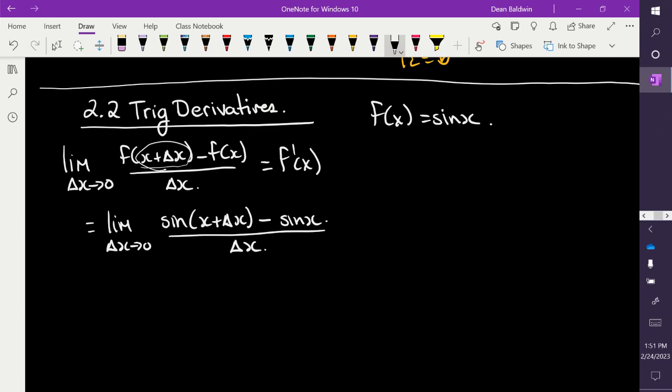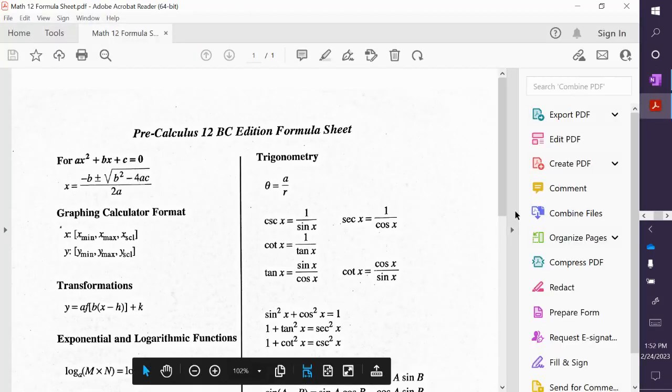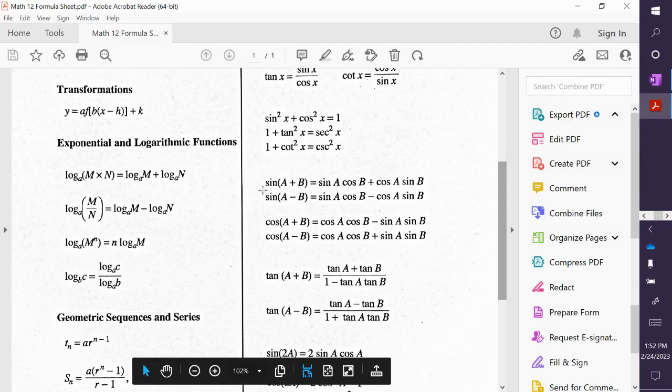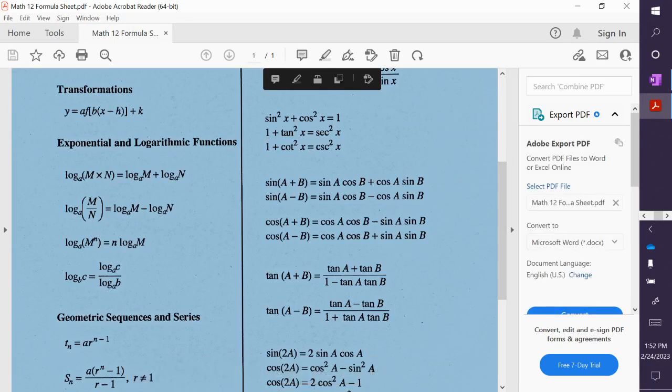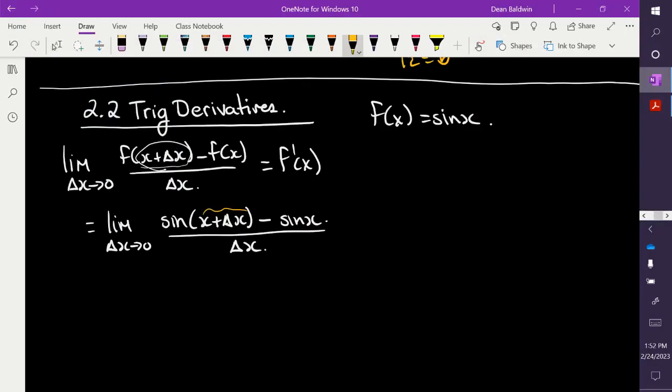All right. Now, you got to think back to, if you're in my Math 12 class, it was January. This is a sine function with two things being added together. That is on the Math 12 formula sheet. It's this one right here. It's an addition identity, right? Remember this? It's sine A cos B plus cos A sine B. So that's what we're going to do. We're going to break it up and get,